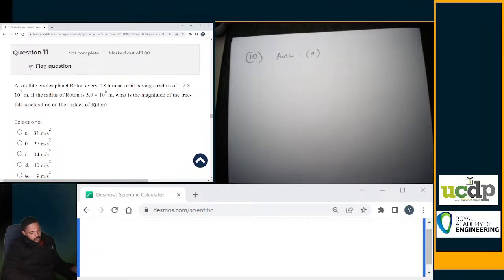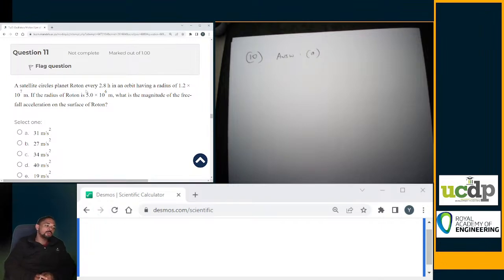Number 12, number 13, and then number 14 and 15. Okay, I'm going to do number 11, then I'm going to go to 14 and 15, then I'm going to come back to number 12 and 13. Number 11, in this case: a satellite circles planet Roton every 2.8 hours in an orbit